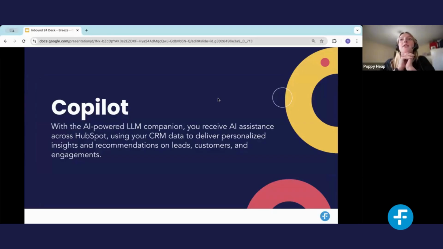Yeah, so jumping into Copilot, Copilot has been an update to ChatSpot, which some of you already may have seen in your HubSpot instances. It uses AI and a large language model companion, which essentially means that it's able to understand natural language and then write to you in natural language. It can help you consolidate huge amounts of information and take the context out of that and give you the